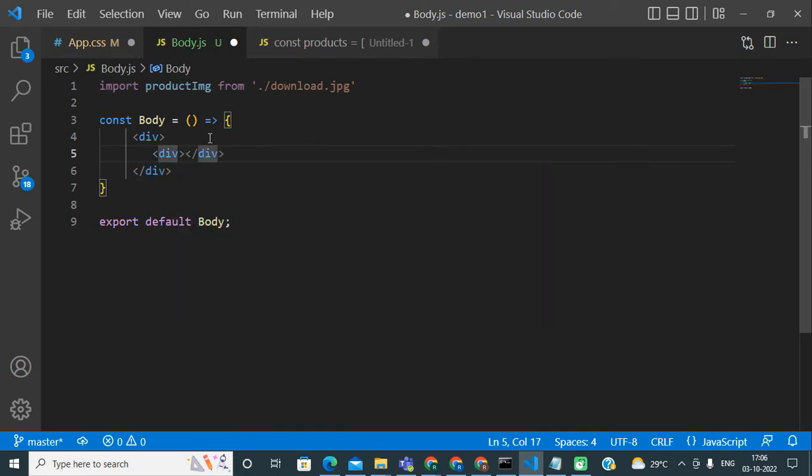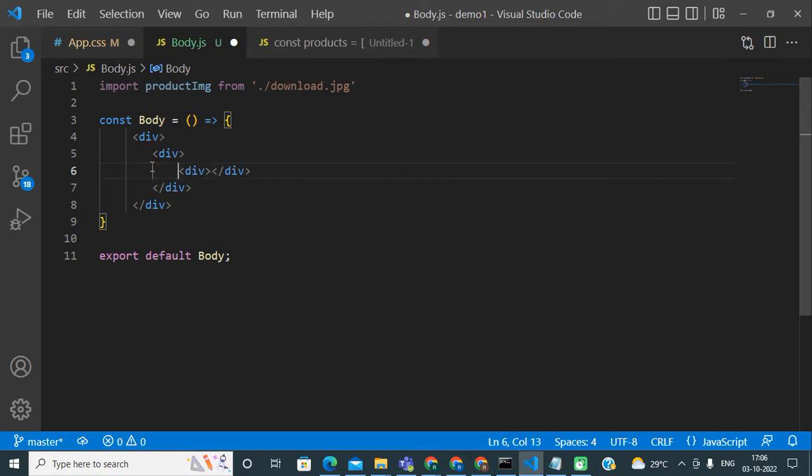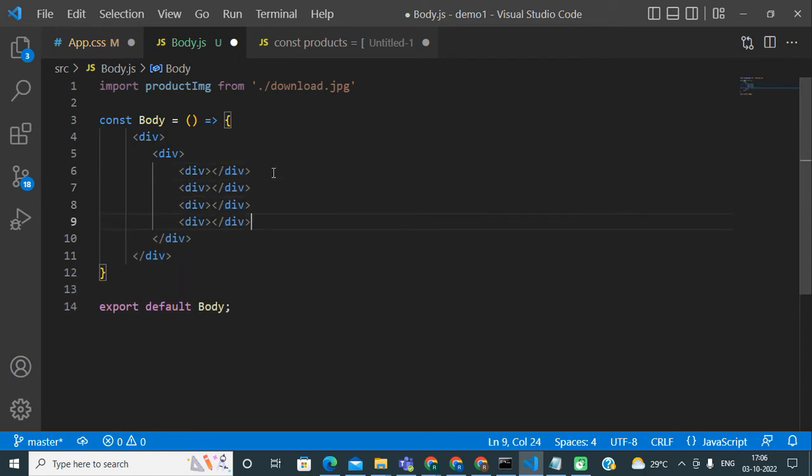So let me first define or create that HTML, and later I will tell you how I am going to utilize these different HTML elements. Basically, I just want to display different products, a products listing. In that list, one product item will have one product image.